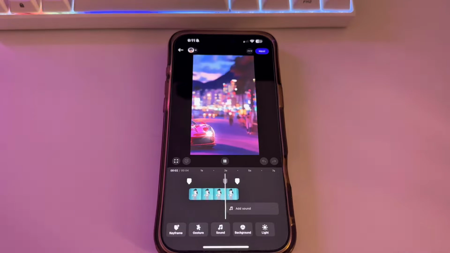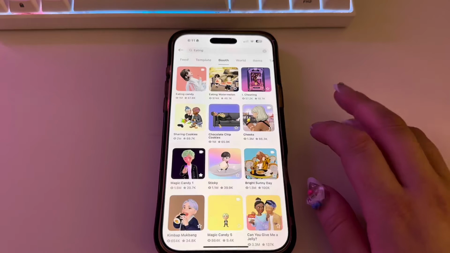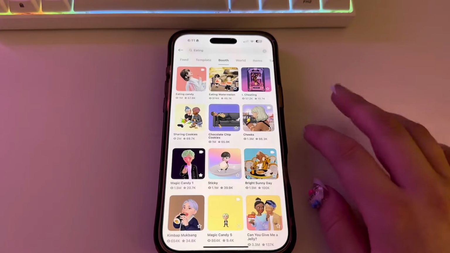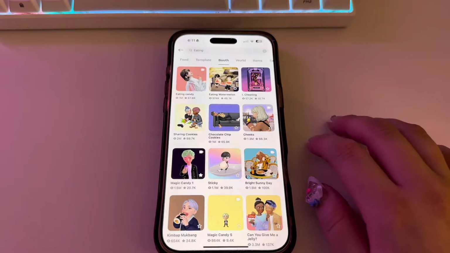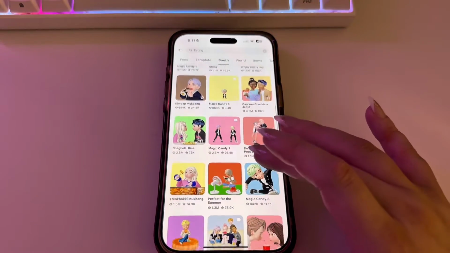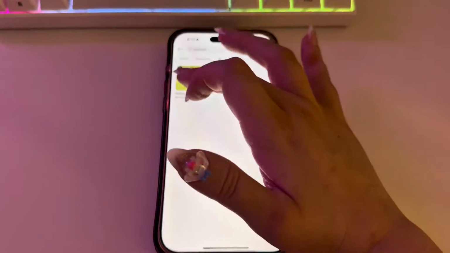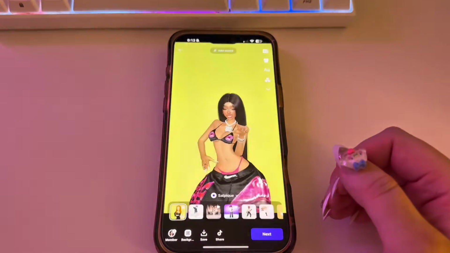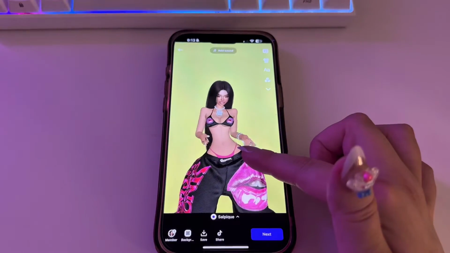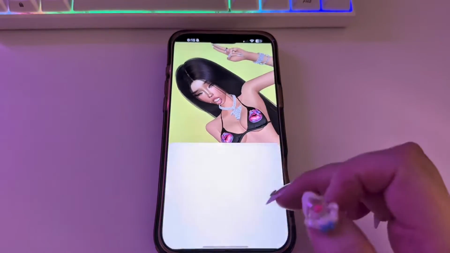After I exported, I thought about the fact that she does this eating slurping noise because she's eating pasta and lobster. So I was looking for some eating poses, but unfortunately I couldn't find any. But then I remembered that one pose has this eating thing going on, so I just took that and I used it. It actually turned out so good.